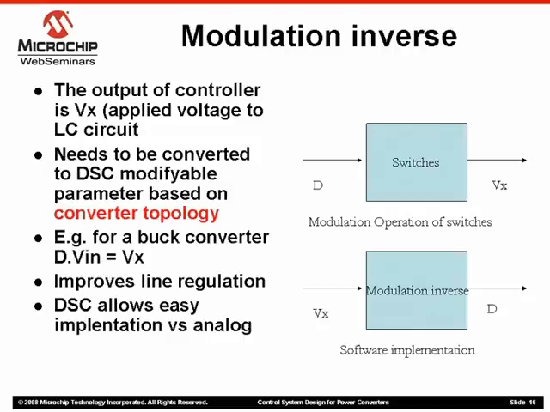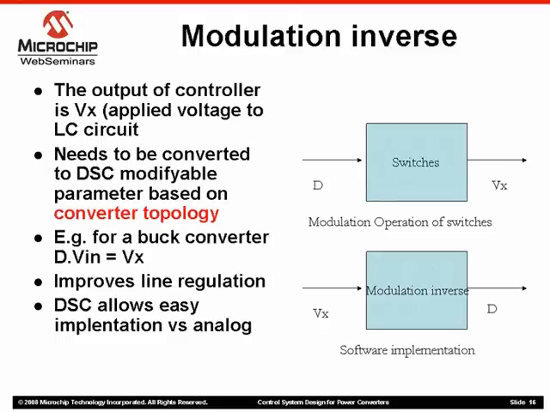So the switches take the value D and apply a voltage of Vx. In the processor, it is possible to implement the inverse process. So the output of the controller is in volts, Vx, then we convert it in software to a value D, which is loaded into the duty cycle registers. Having DSPs or digital signal controllers allows easy implementation, which is not possible in analog systems, as divide with a variable is expensive in analog